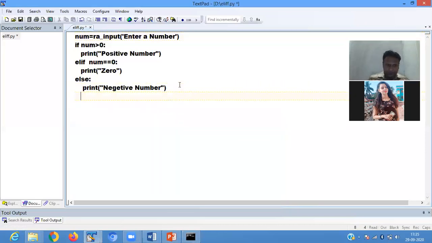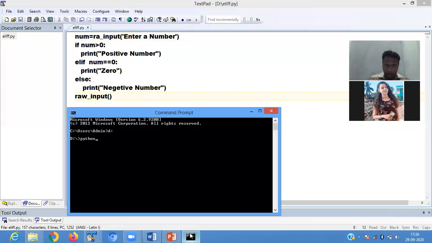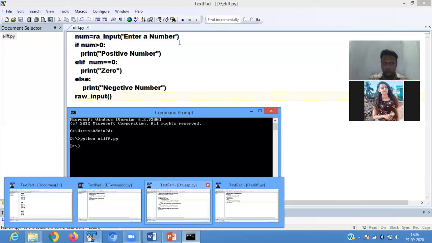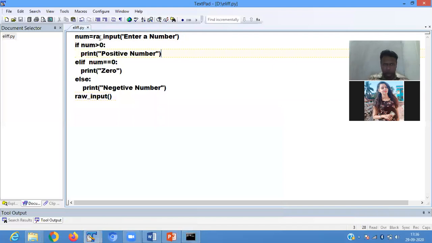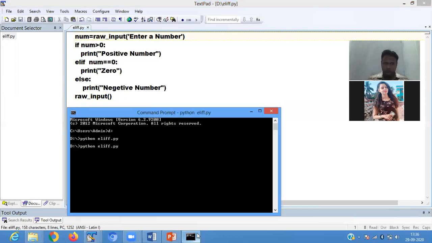And pass here raw_input. Enter a number.